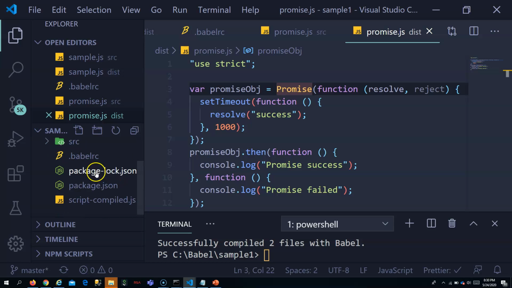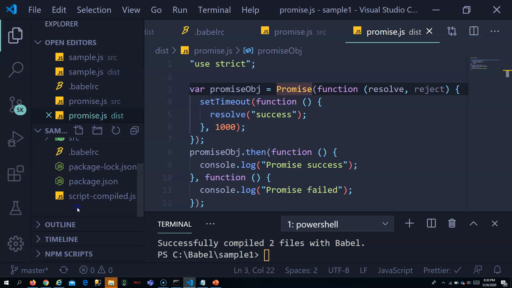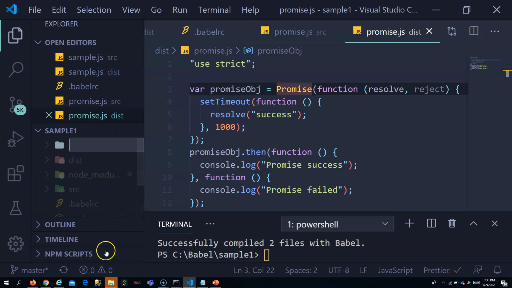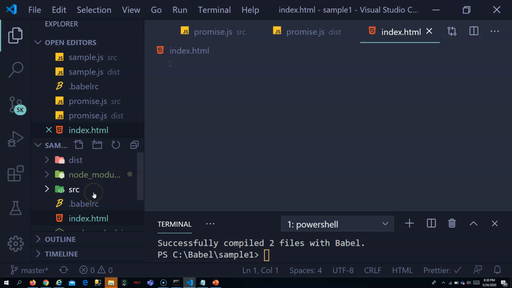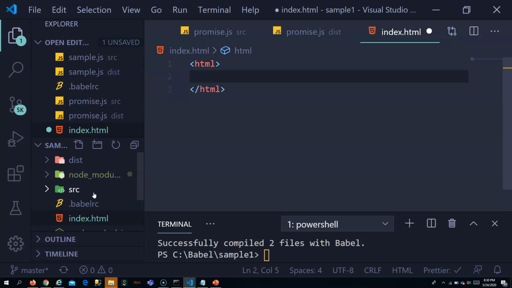For showing it in the browser, let us create an index.html file. In this file I am just going to source the transpiled promise.js.